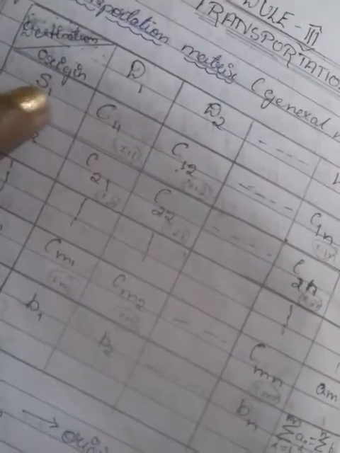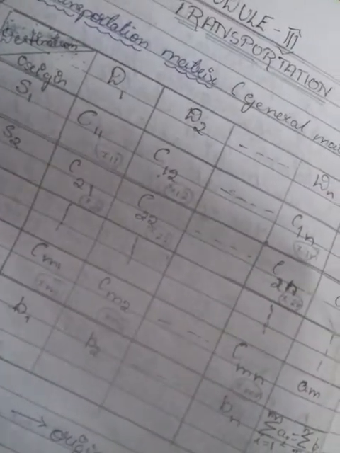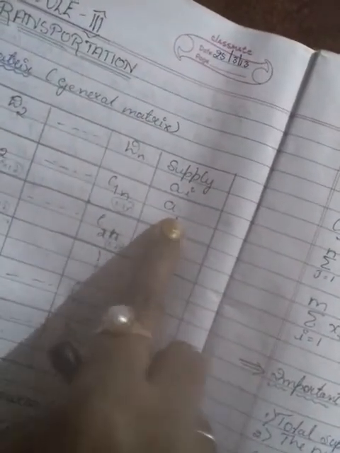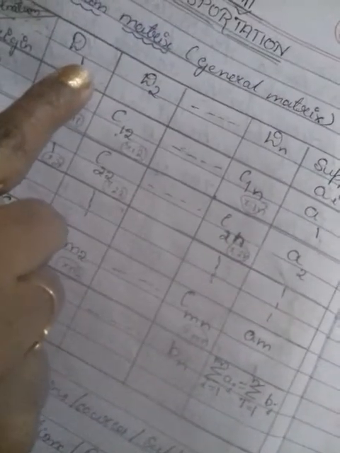See, say for example you have 3 different centers: supply center 1, center 2, center 3. In this center you have 500 stock. In supply center 2 you have 400 stock. In supply center 3 you have, say for example, 300 stock. The destination is asking for 100 stock. This destination is asking for 100 products.